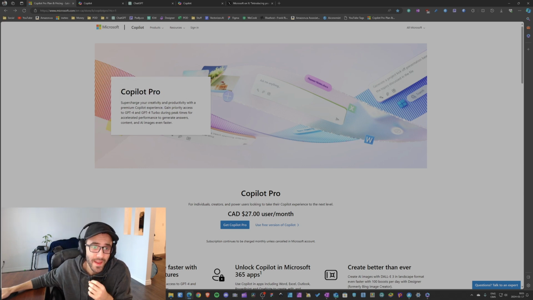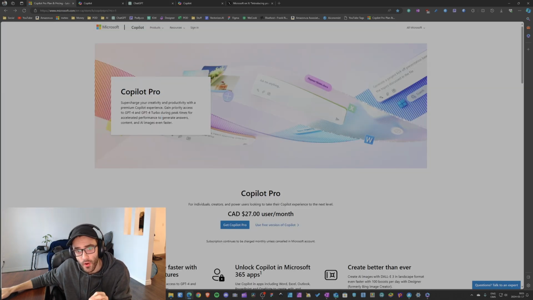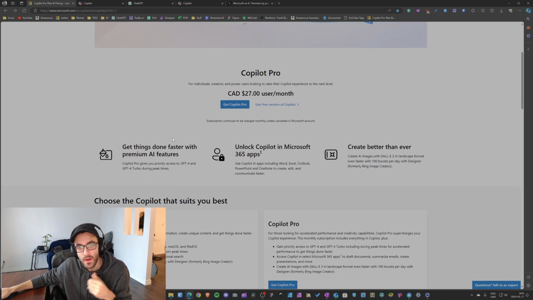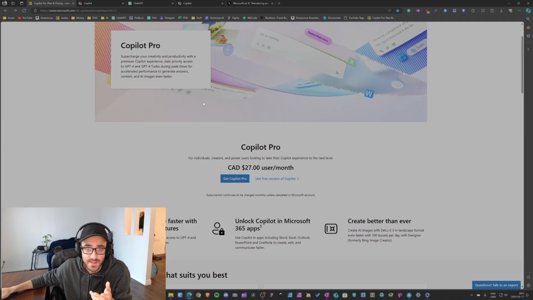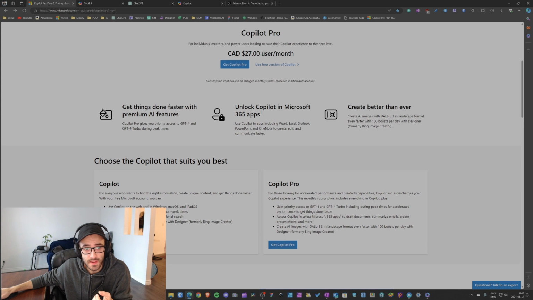And if you're following AI, you probably know that Microsoft basically bought and purchased OpenAI and ChatGPT. So Copilot Pro is basically the very same thing as ChatGPT from OpenAI. And as we can see right now on the website of Copilot Pro, the price for Copilot Pro is $27, which is basically 20 US dollars, and it's pretty much the same price as ChatGPT, and all the features that you see here is